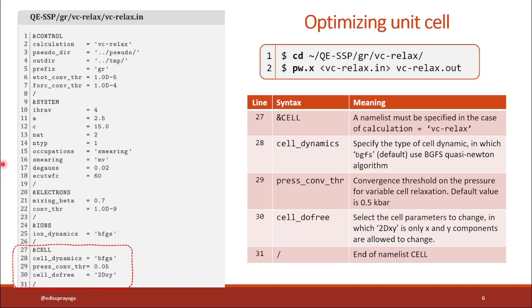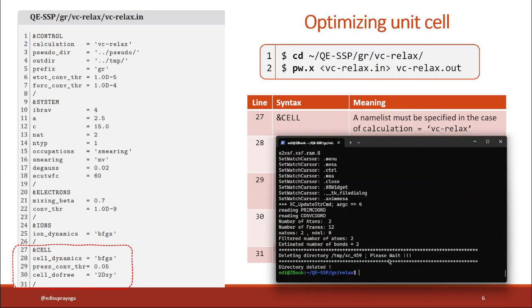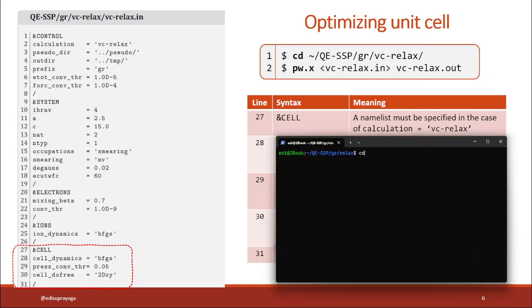Open the terminal again, clear this, and change directory to VC-relax. Here we have a vc-relax input, and we run pw.x using parallel calculation.